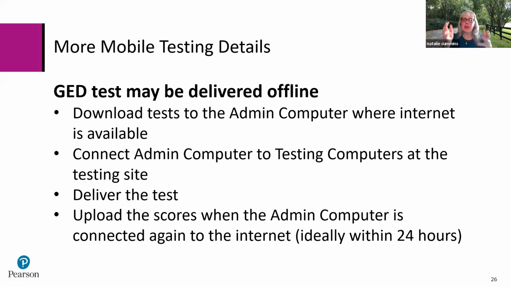They take the test, and then all that information would be uploaded back into the admin computer. When you get to a place where you have internet, you'd run your remote maintenance agent, and that's when the scores would populate in the student's GED account. Ideally, you want this whole process start to finish to be less than 24 hours. If it's more than 24 hours, it's still possible, but you need to contact VSS, View Support Services, to get a code to allow the RMA to run.